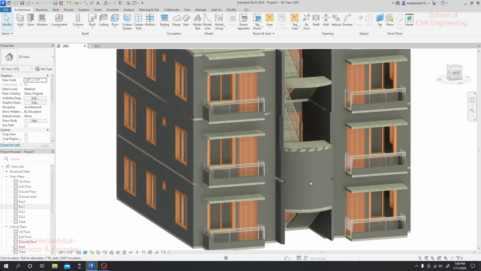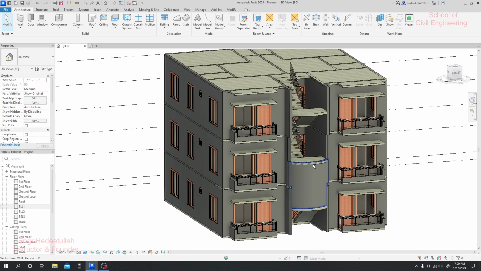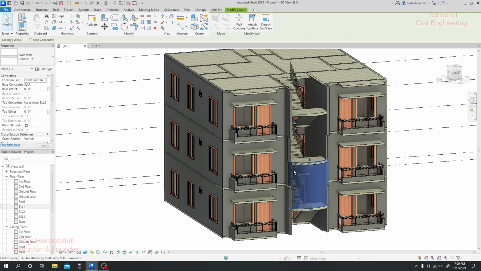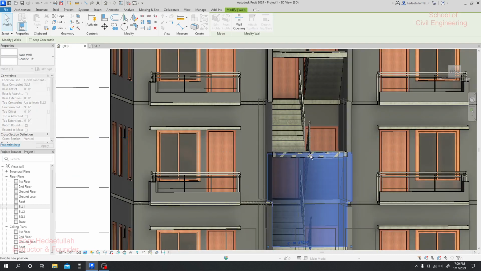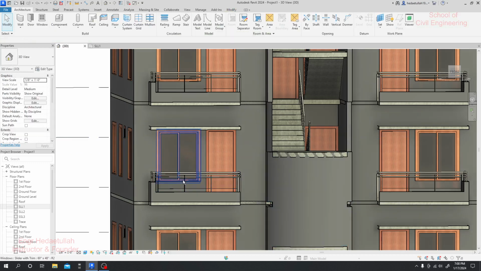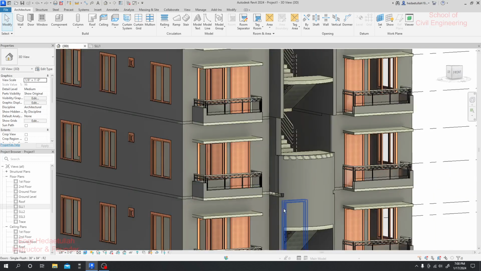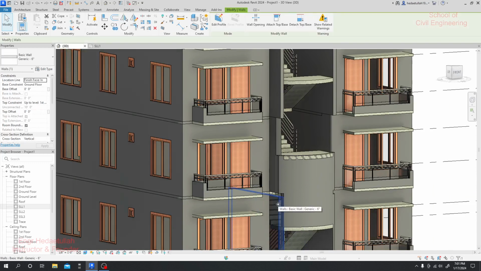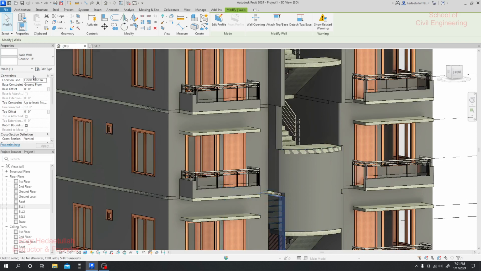See, it's done. Okay, so when it's done, we'll go for our next item, or you can do that actually. We can move it a little bit down. It's up to you actually, but it's okay. So when it's done, now we'll go for, just see here, here you can see they have some opening here. So what I can do, I can click here, unconnected, and I'll take 10 feet 6 inch and then